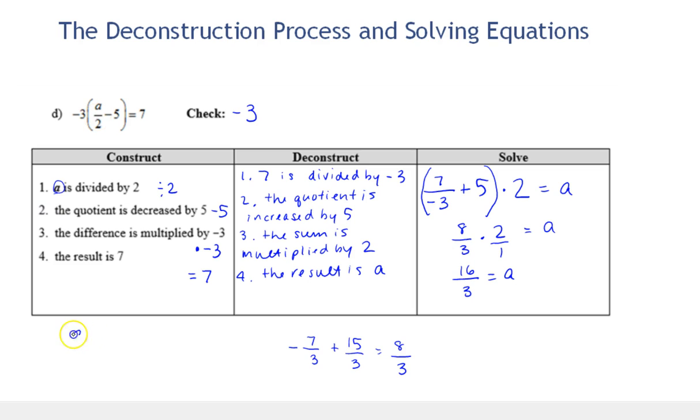So instead of A over 2, remember we said we could write this as 1/2 times A when we learned how to write quotients with their coefficients multiplied out front. So I am going to write negative 3, and instead of putting that fraction in a fraction, I'm going to do 1/2 times A,